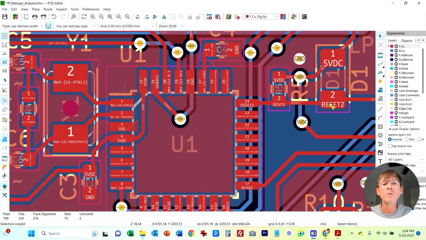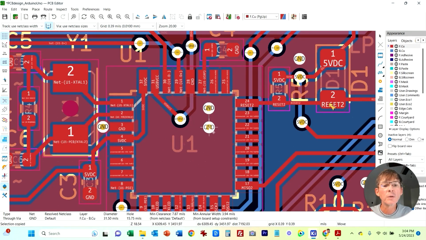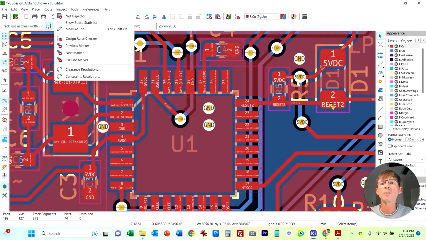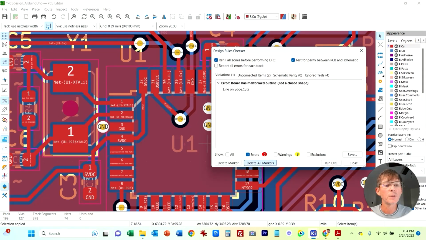So what we need to do is add a couple of ground vias. So I'm just going to copy that one. I'm going to put one right here. And I'm going to put another one. Let's just go ahead and do a couple right there. Okay, now I'm going to rerun, delete all markers, run DRC. Okay, so we just have that